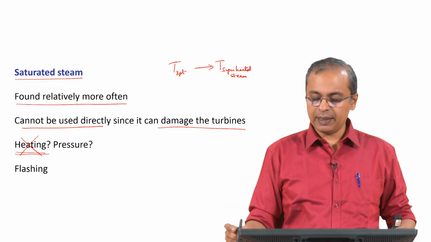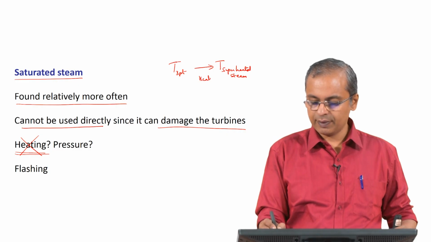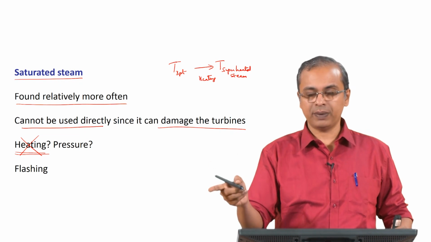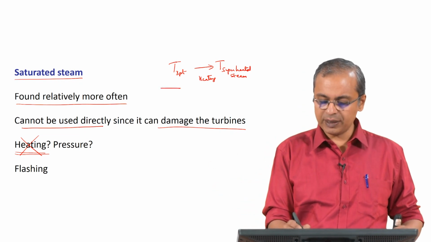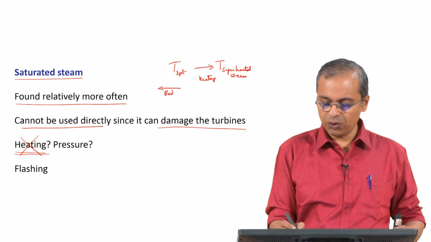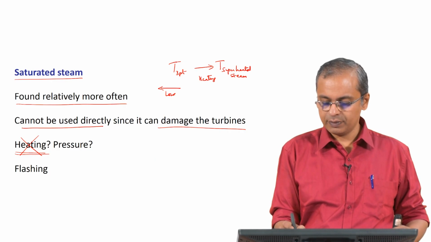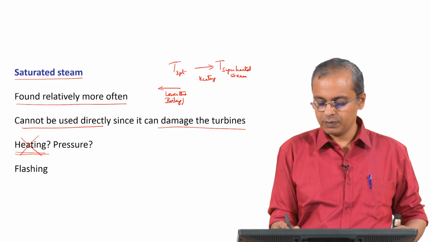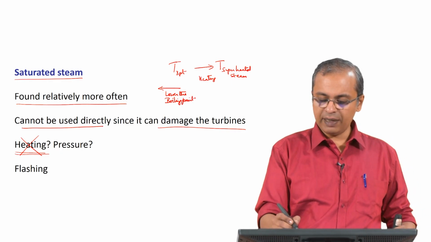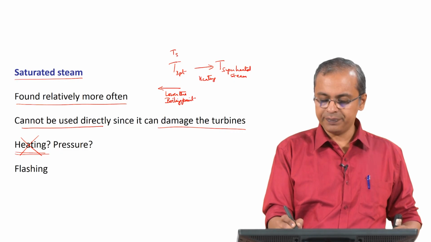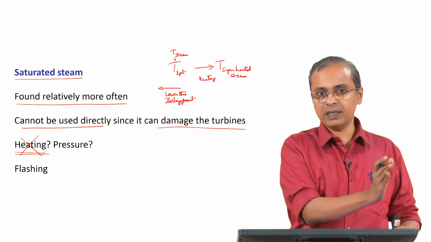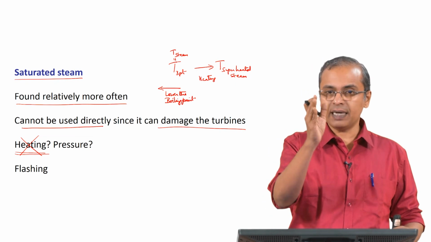Now, if you do that by heating, the temperature of the steam is going up and therefore it becomes superheated steam. Alternately, you can do it by lowering the boiling point. So, if this is the T of the steam, at the boiling point under 1 atmosphere, and you drop the pressure below 1 atmosphere, the boiling point is decreasing, and therefore even at the same temperature,